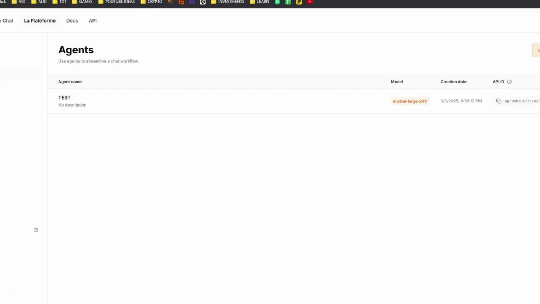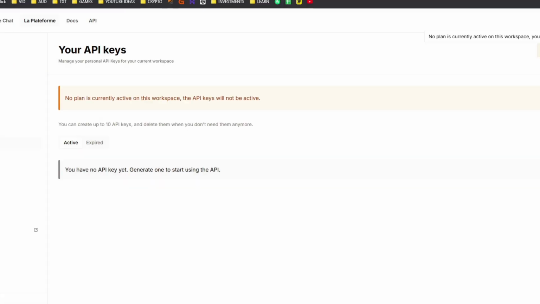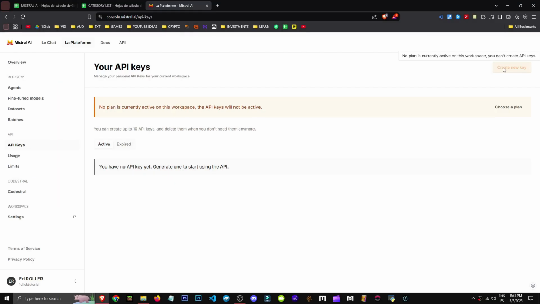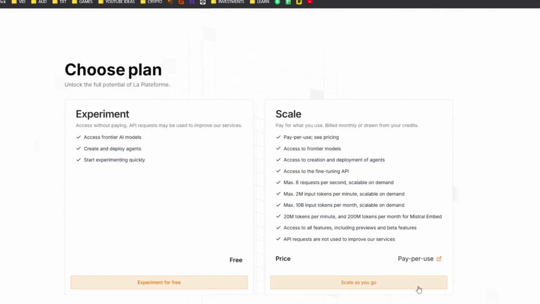And finally, let's look at the interesting part, the money section. Let's say we've created an AI agent and started automating processes. Now we need to start doing large-scale tasks with Mistral.ai. Basically, we go to API keys and click to create a new key. This way, we'd obtain our API key. As you can see, they prompt us to choose a plan. Currently, we're using the free tier, but there's also pay-per-use pricing where we'd fill out a form to get API access and more. How can we know the cost?